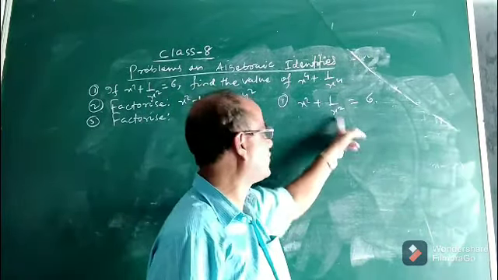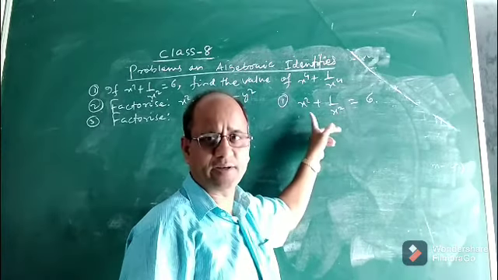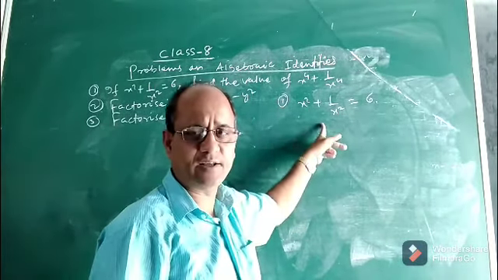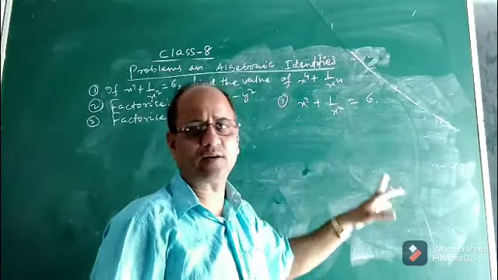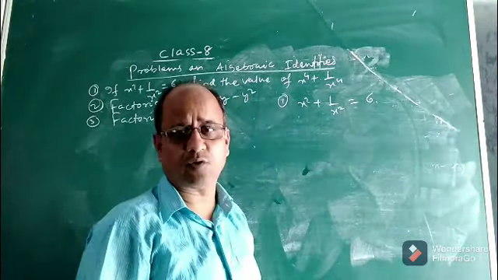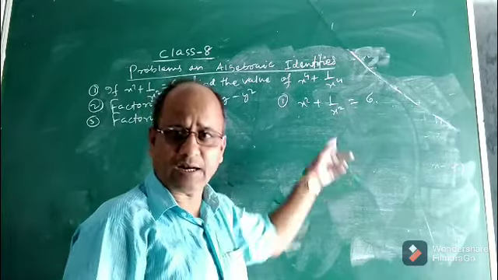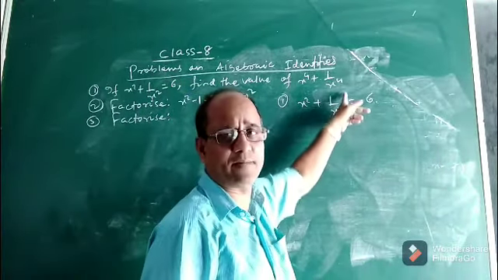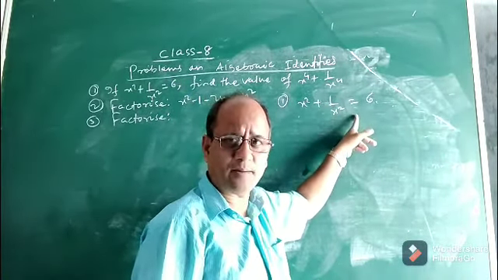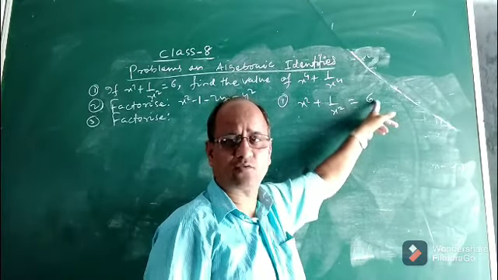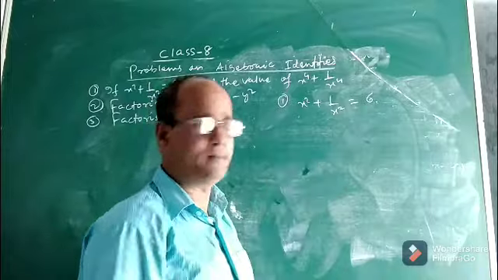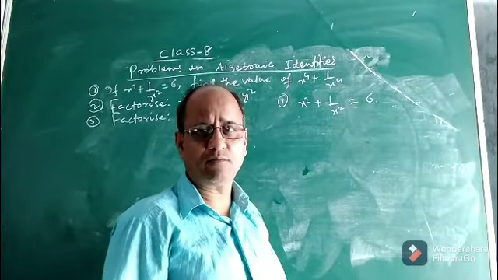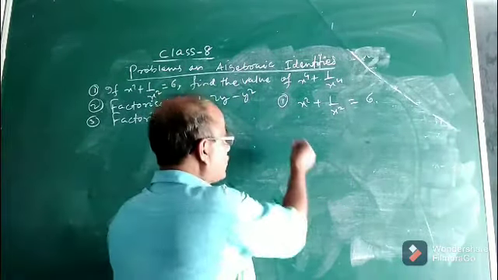If we take the whole square of the left hand side, you will get these two terms. Without this, you cannot get these two terms, x to the power 4 plus 1 by x to the power 4. That is only possible if we take the square of the left hand side. And if we take the square of the left hand side, definitely we have to take the square of the right hand side also. So what I mean to say is that in this problem, you have to take the square of both sides. So, squaring both sides.